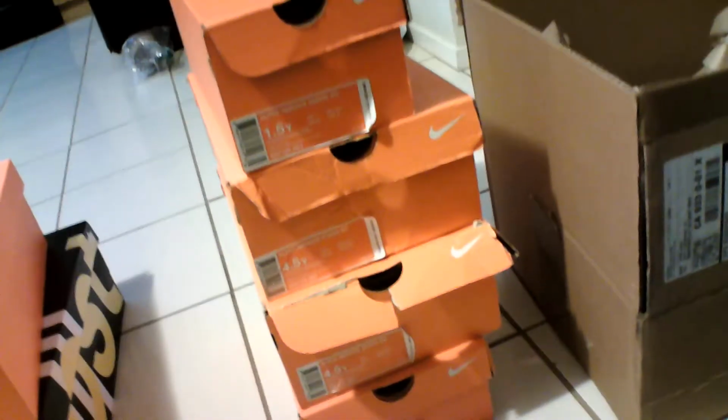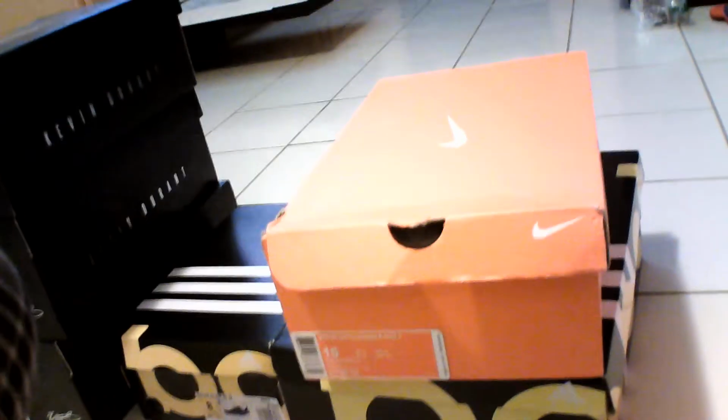Let me move my camera. So here you see I got 4 pair. These are all cleats. Got some big shoes, some size 15 shoes, a small pair of Adidas, some Kevin Durant shoes, Under Armour, and Rockport. So most of these shoes had ROI. Oh, sorry, my camera's not wanting to stay still. Sorry about that. So most of these shoes are like at least double my money,